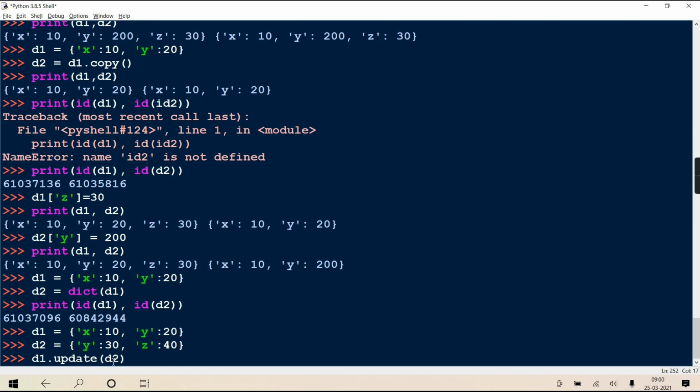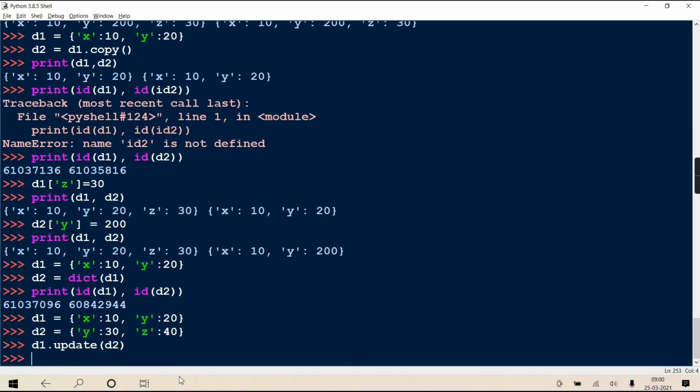So it will add all the key value pairs of d2 in d1. But if d1 is already having that key, then the new value is replaced. See, now d1 is having x10 y20, but d2 is also having y30, so it will just replace this 30 over here, and z40 was not there, so that will get added.